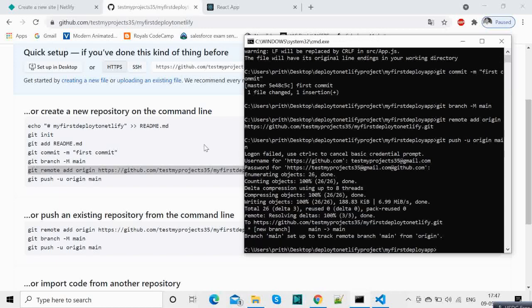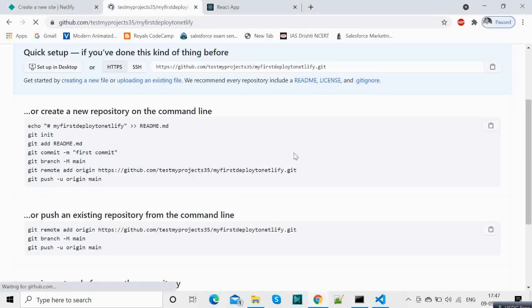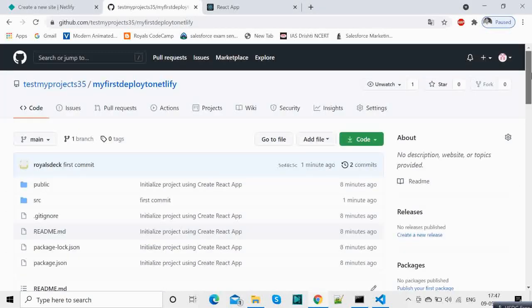And we are logged in, and it has been pushed inside our Git repository.